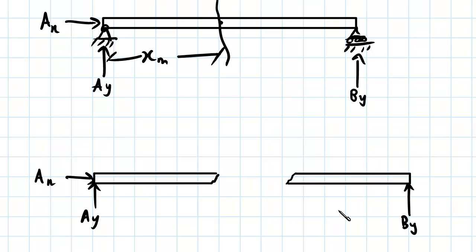So we're missing forces, and those forces we're going to apply at the cut end, and those forces are going to be representations of the internal forces in the beam. So we know that we're going to have an axial force, a shear force, and a bending moment in these